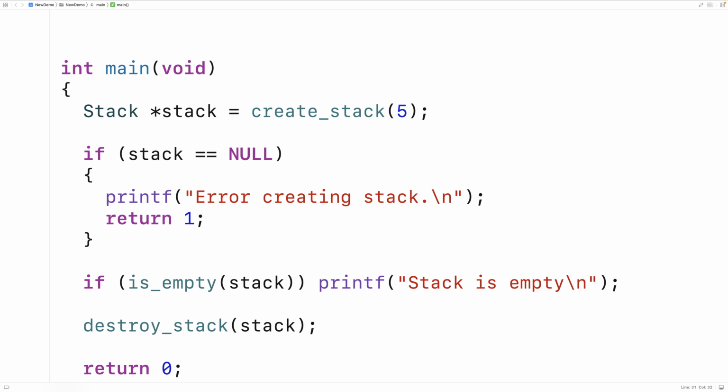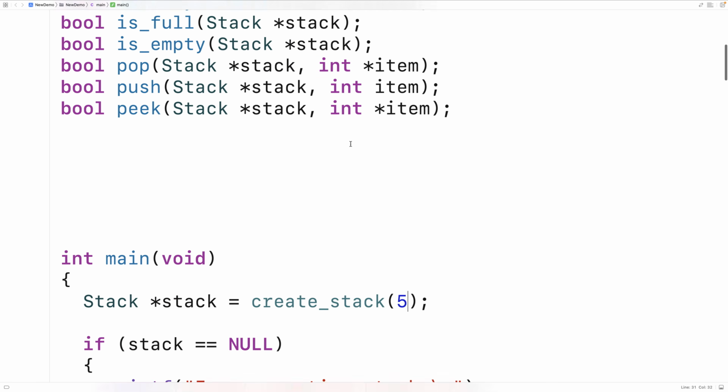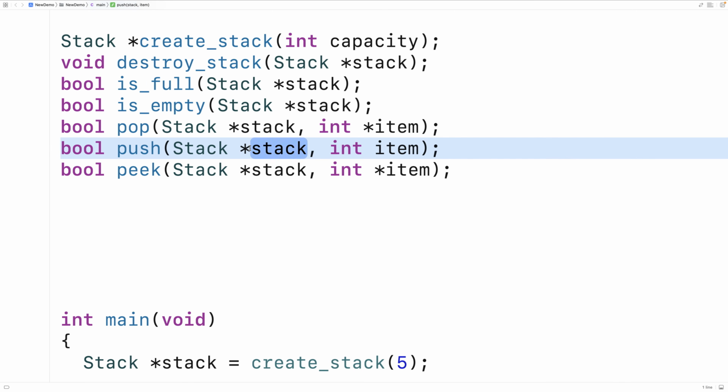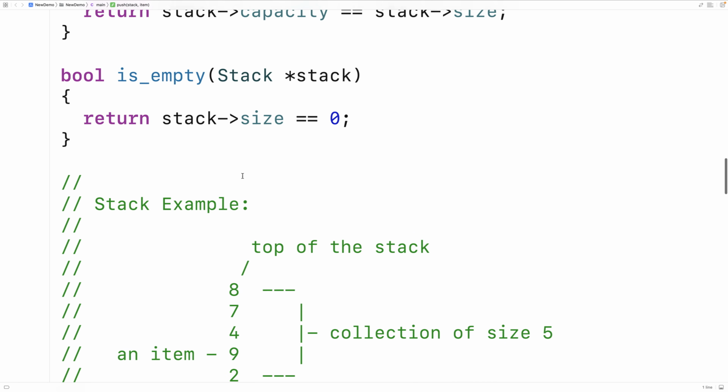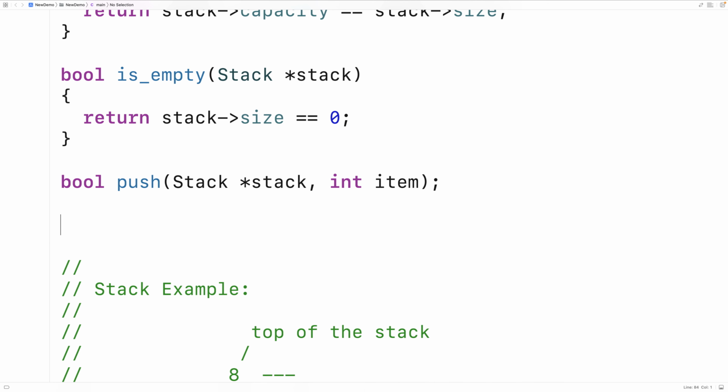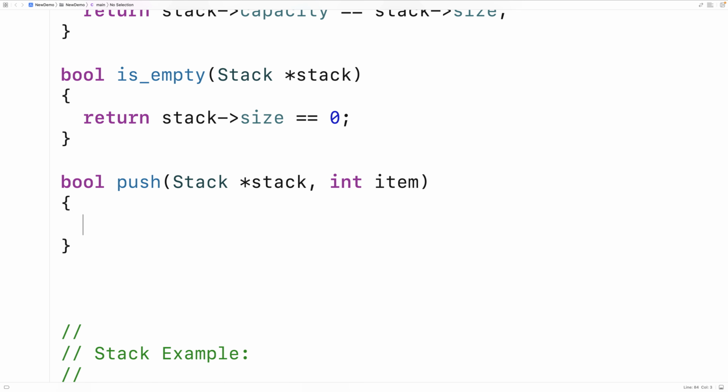Next, we'll implement a push function that's going to push items onto the top of the stack. So we'll copy and paste this, and then down here, we'll define our push function. So we'll paste it here, and the push function is going to push this item onto the top of the stack, if it can. It can't push the item onto the top of the stack if the stack is full. And we now have a function to check for that. So if isFull